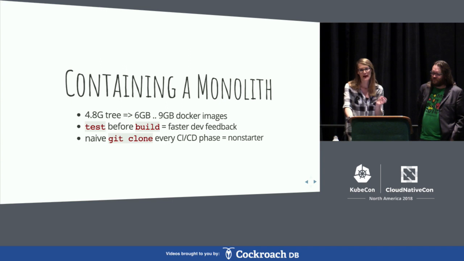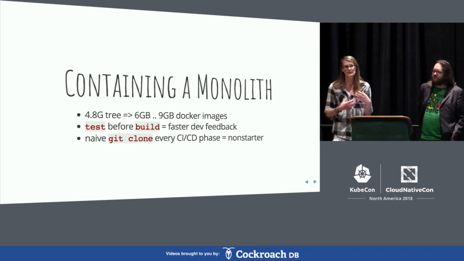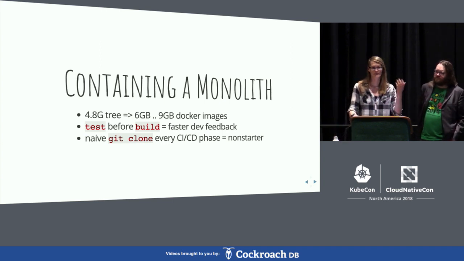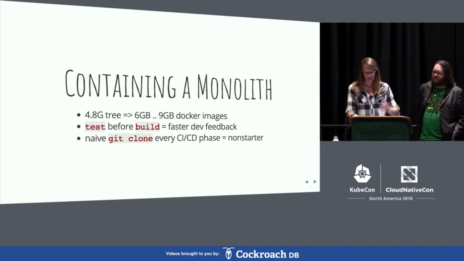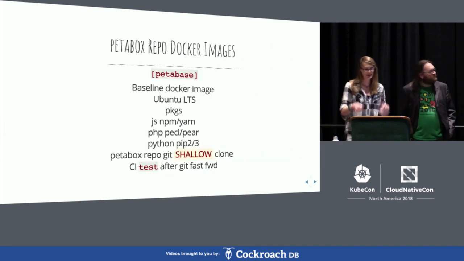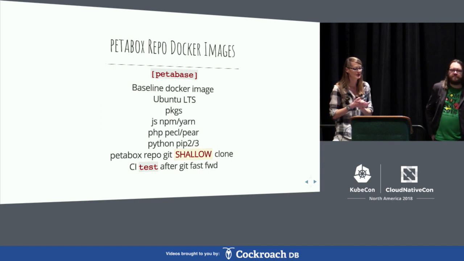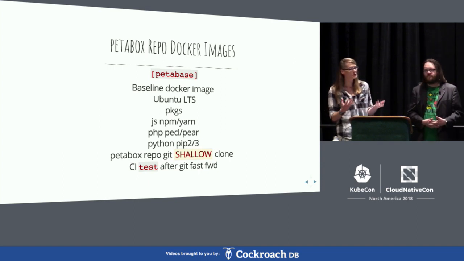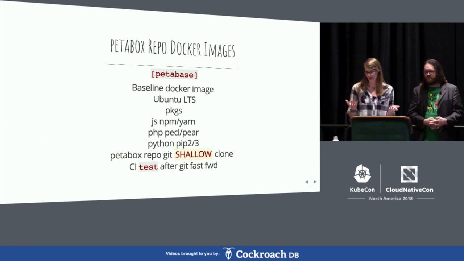Because what we found is out of the can, the initial way that GitLab AutoDevOps, which might change in the future, is doing things is it's doing a git clone per phase, and that was just a non-starter for us. We were waiting 4 minutes per phase, times 10 or 20, sometimes in parallel, but it was just way too much.